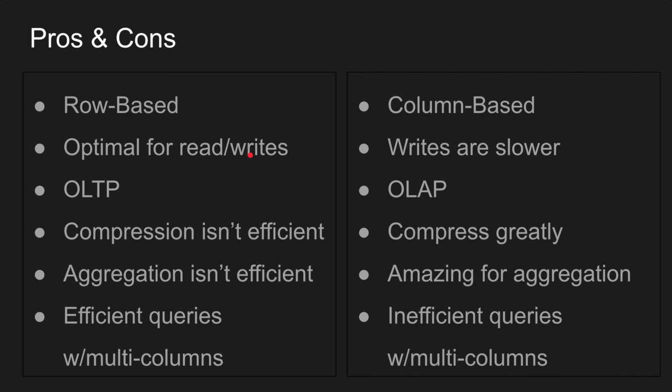Online transaction processing is great for row-based because when you start a transaction, we know what rows and what blocks to touch. We can write the write-ahead log efficiently because we know exactly what we're changing. Versus column, where the structure is all over the place, so we have to do a scatter shot. Compression isn't really as effective though, because